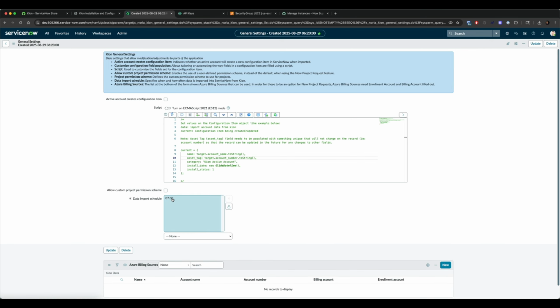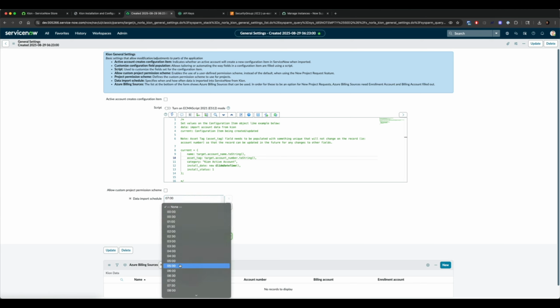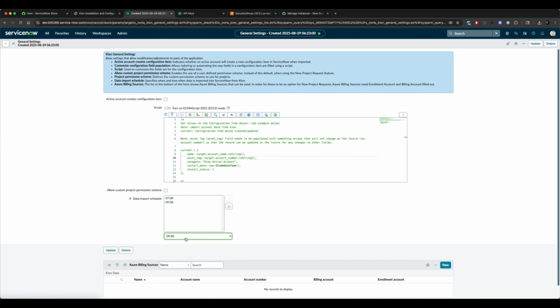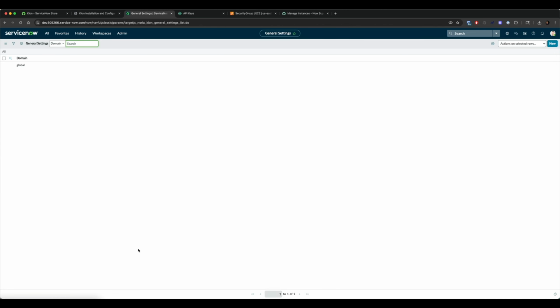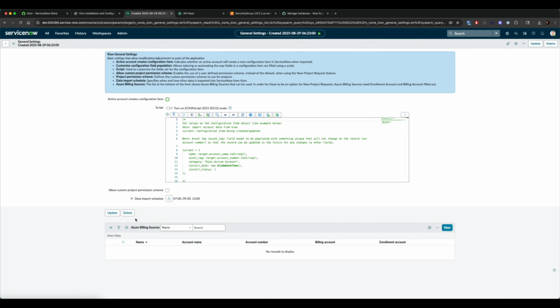By default, this is happening at 7 o'clock a.m., but you can add additional timestamps into this, maybe 9:30, maybe noon, however often you'd like to include this. And feel free to go ahead and update that data import schedule. Now we can see that ServiceNow is going to sync 3 times a day for this information from the Kion